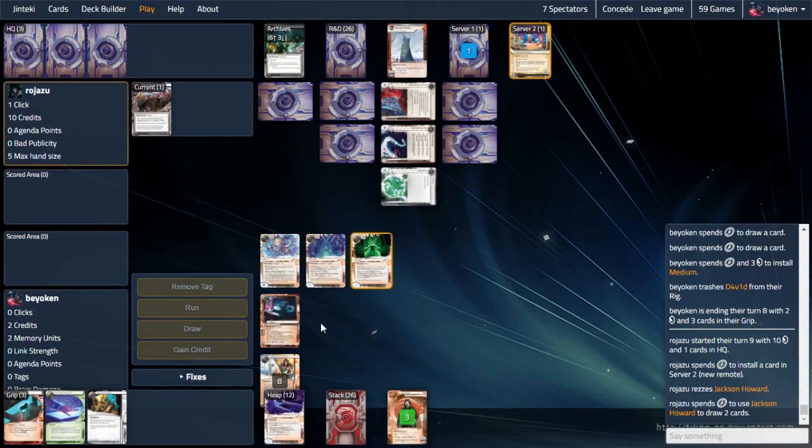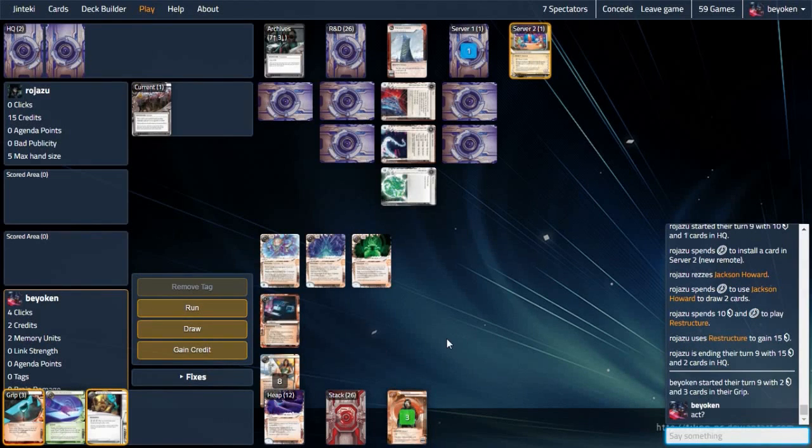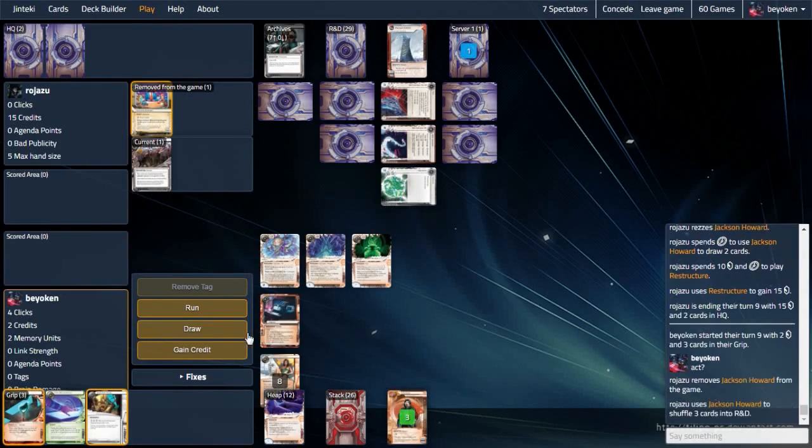So my opponent doesn't score the agenda just yet. They play the Jackson to neuter my Wanton Destruction. I then ask for reactions, because I might be running Rumor Mill. Of course I'm not. I only have Strike in my deck. But of course my opponent errs on the side of caution, using the Jackson Howard, indicating there are probably agendas